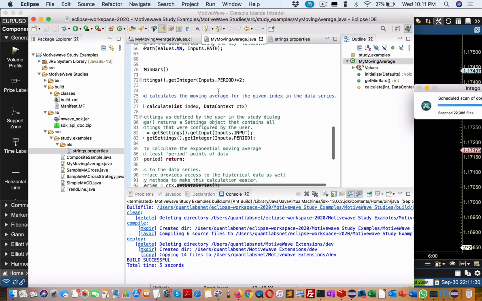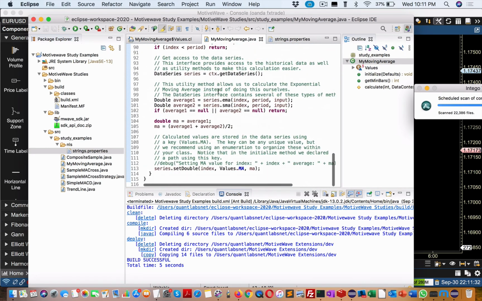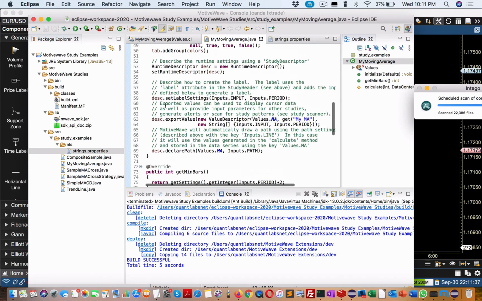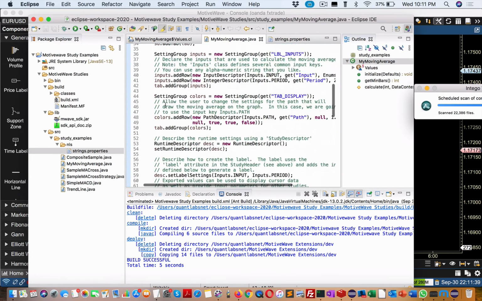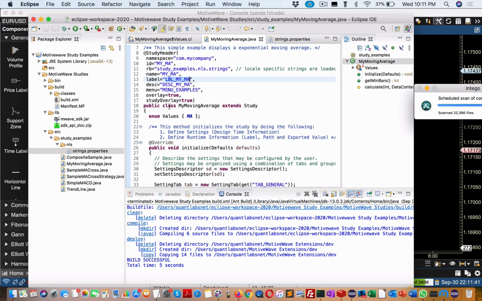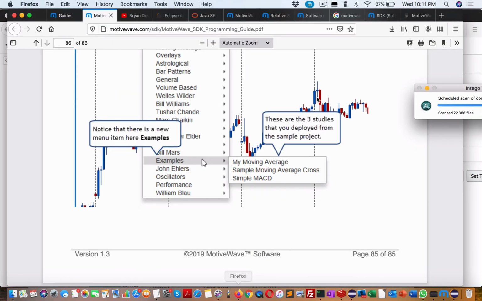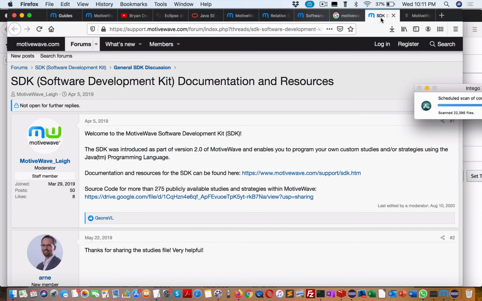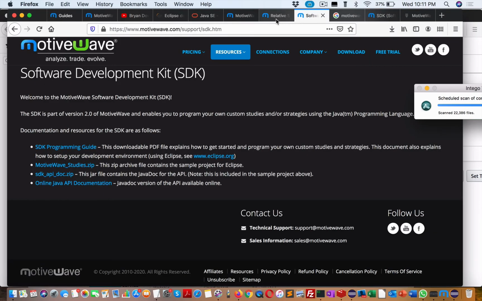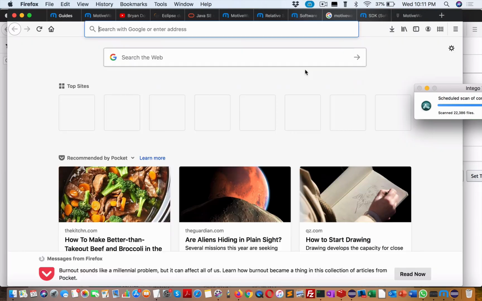And so here's the programming logic. You can see here all of these classes, okay? So remember, this is a very, very stripped down study. So we're going to use a study class that we have to extend to build our custom my moving average, okay? So if I go into the Java doc file, which is, well, the best way to find it through